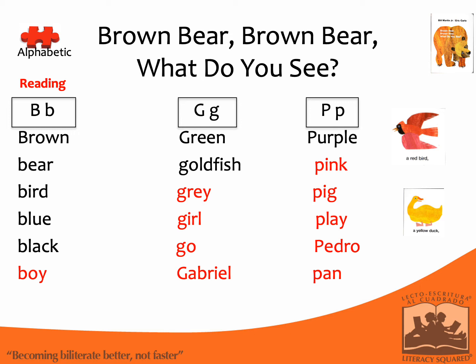Once students have worked with the text orally, visually, and in writing, they can begin to move to the alphabetic stage. Using words from the text, students can begin to categorize and classify words in different ways. In this activity, words with the same beginning letters and sounds can be used. Once they have used words from the text, such as the ones listed in black on the slide, students can